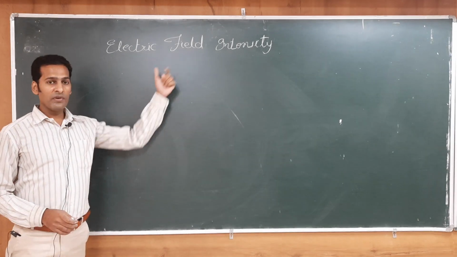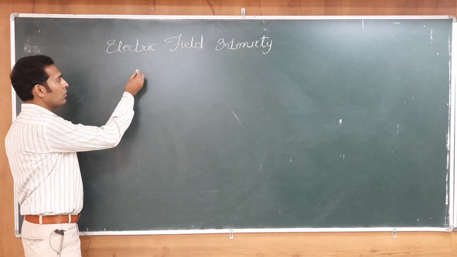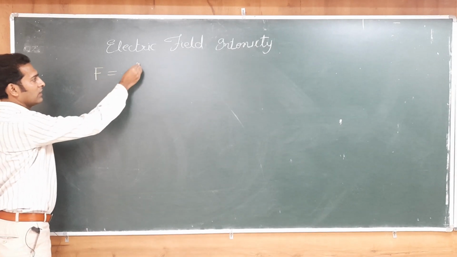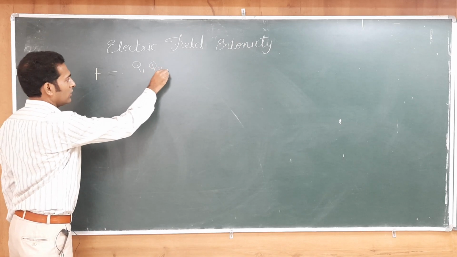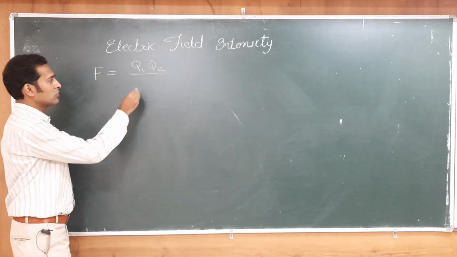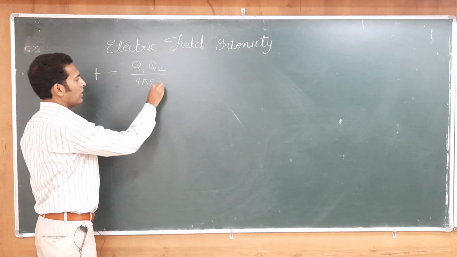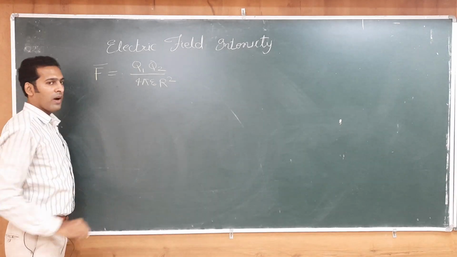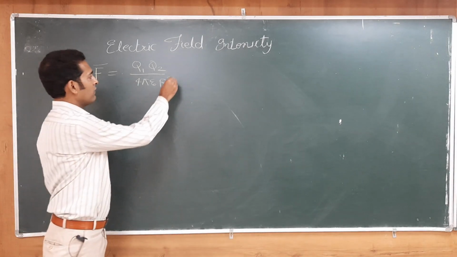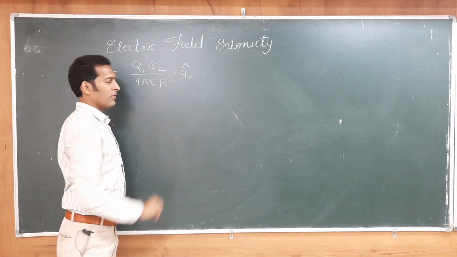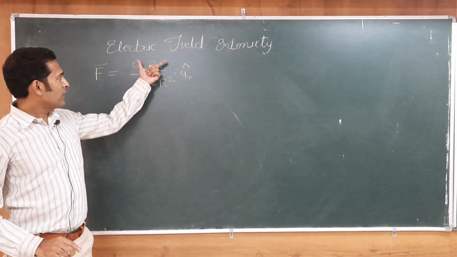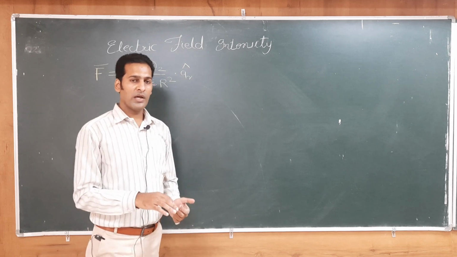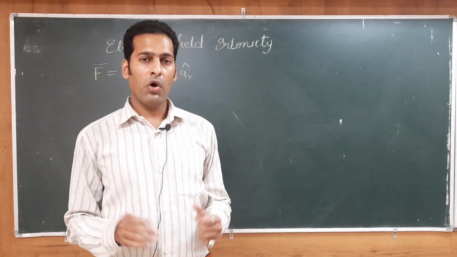Now, when we say electric field intensity, we have derived it from Coulomb's law of forces. What is Coulomb's law? The force between two charges is given by the product of two charges, and it is inversely proportional to 4 pi epsilon naught r square. Force is a vector quantity. So, we have to add a bar on the head of force F, and we add one direction component which is given by a_R cap. And electric field intensity, which is denoted by capital E, is nothing but force per charge. How much force we are applying per charge or group of charges.